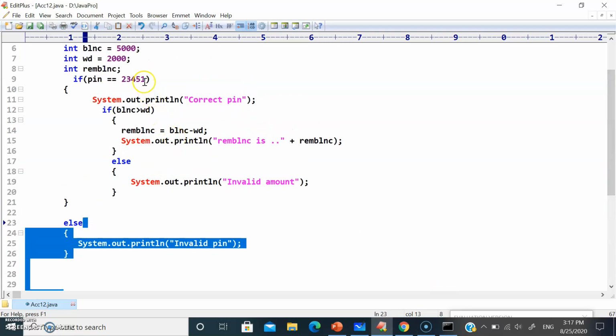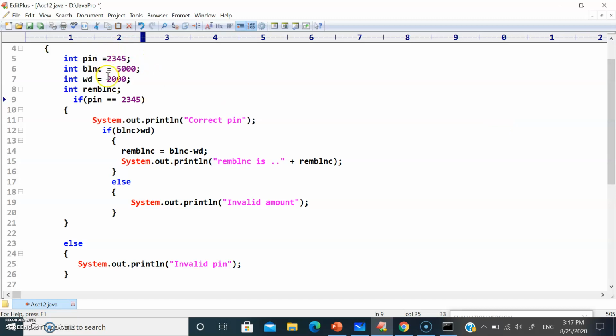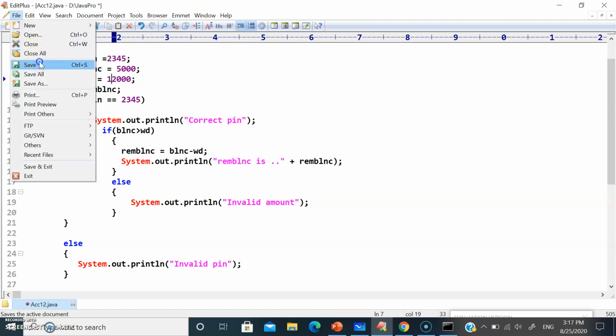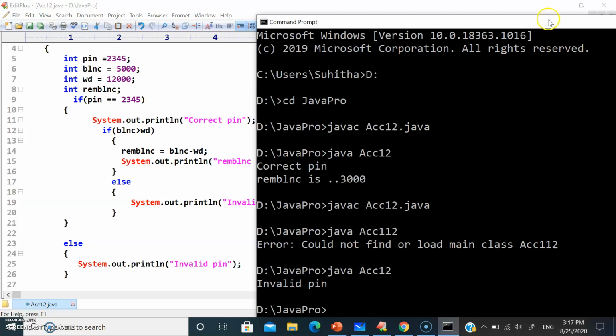Now let's change the pin number over here to 2345. Let's change the withdraw amount to 12,000. Let's see in this case what it is going to print. The inner if condition is not going to be satisfied, so it goes for the inner else and it's going to print invalid amount.